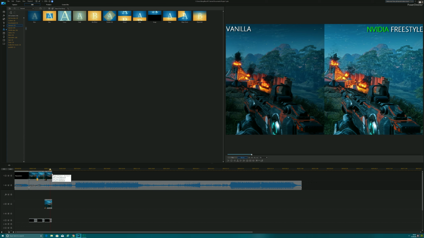This software is really good because it snaps everything in place. If you drag something, it will stop at the same length as the media above, so it's quite easy to line things up. You do have to do a bit of cropping to make sure both clips are balanced. But this software has got something called